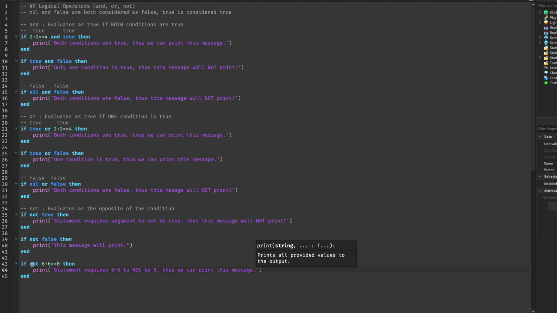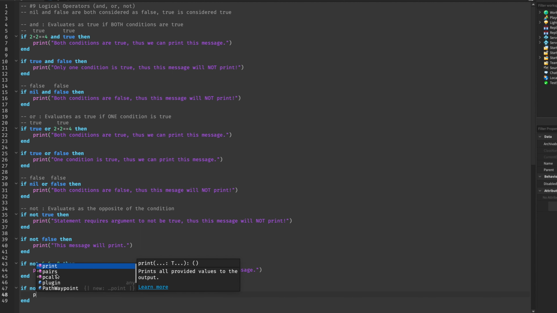So this is basically going, if 6 plus 6 is not equal to 0, then print this statement, and because 6 plus 6 is indeed not equal to 0, then it can print this over here. So if we do one last example, we can do if not 6 plus 6 equals 12, which it does, so we can do then print